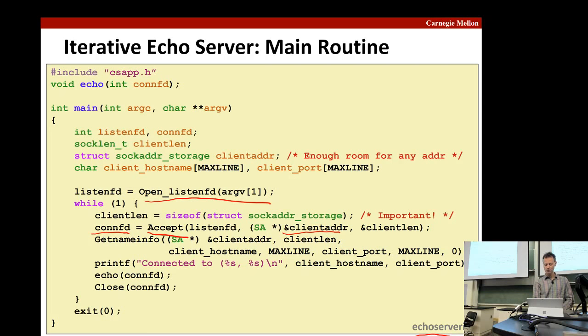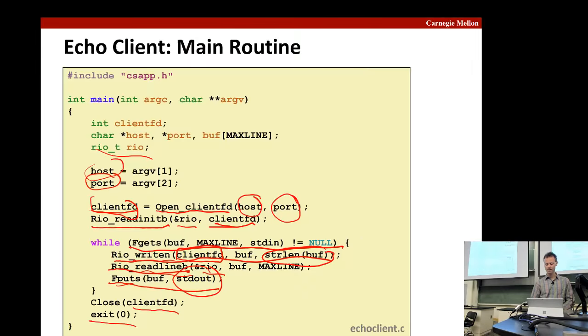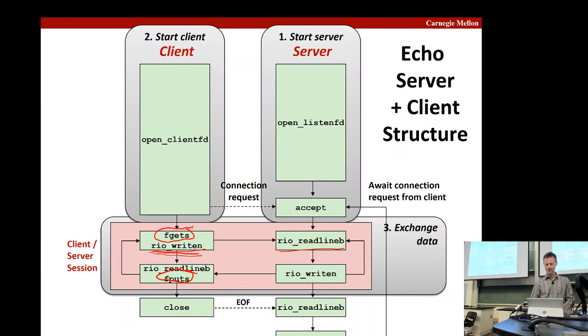And then we're going to use this getnameinfo function that we'll talk about probably next class, that allows you to do the translation, basically just so you can print out this message. Right? Remember we said connected to host name and port. That was part of the interface. It's not strictly necessary, right? It was just to make our sessions, right, this first